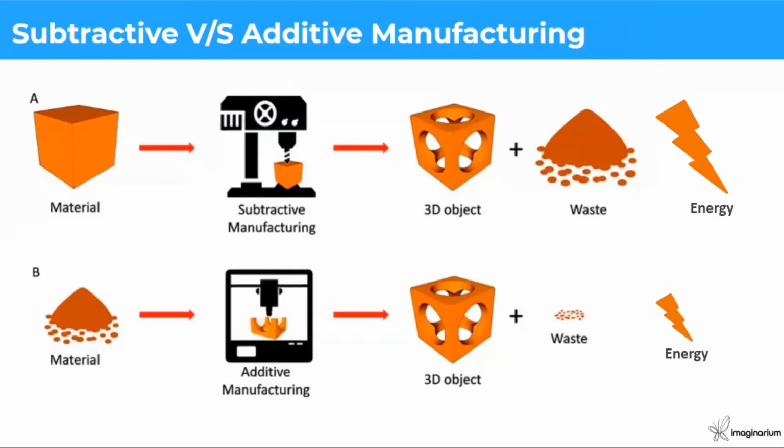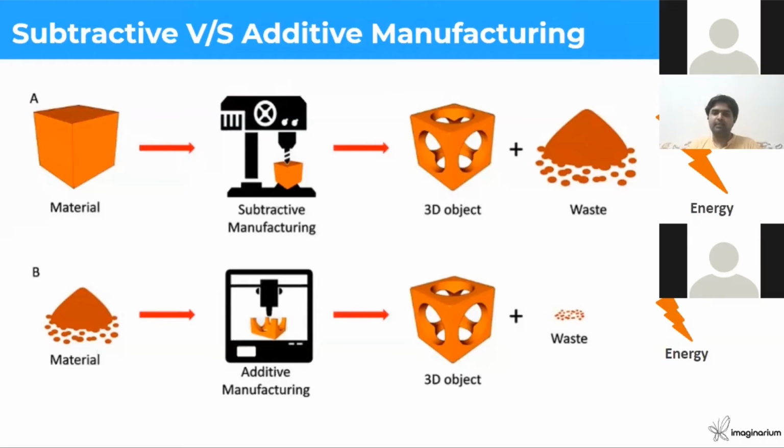And again, this can be a disputable fact, but as a thumb rule, 3D printers would typically use less energy to make the same object than a subtractive manufacturing process. Again, it is disputable, and we can debate about it, that energy use can be lower in subtractive as well, but it is a case by case basis. Personally, I think that as a thumb rule, additive manufacturing more often than not, mostly uses lesser energy than